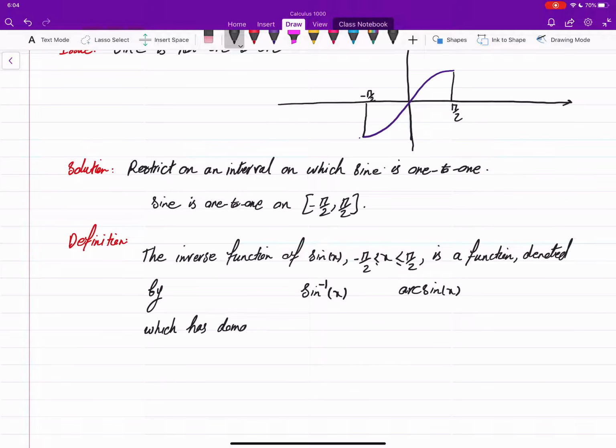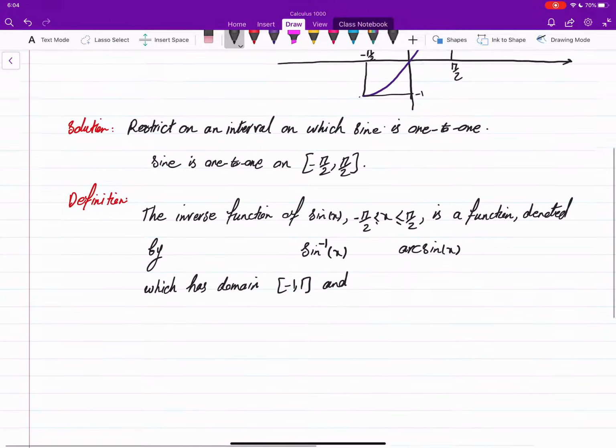The domain of the inverse function would be the range of the function. The range of sine you can see is from -1 to 1. So it has domain from -1 to 1 and is defined by,